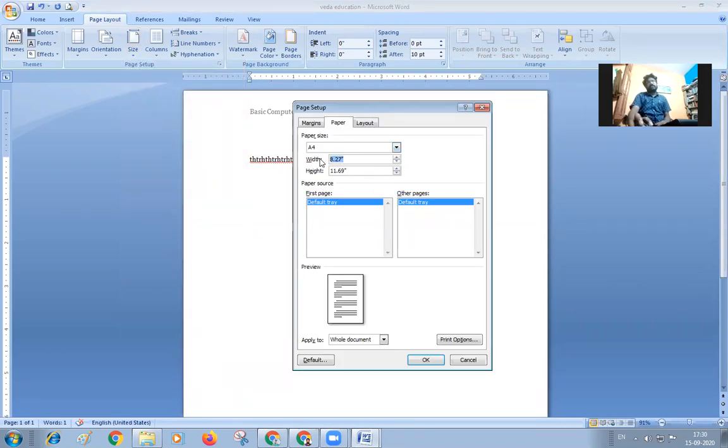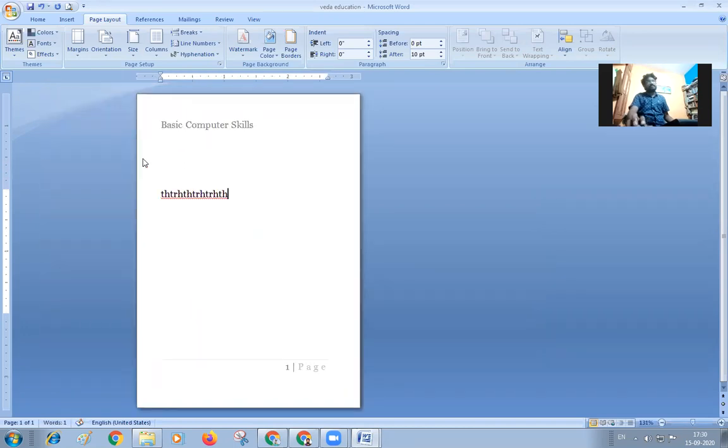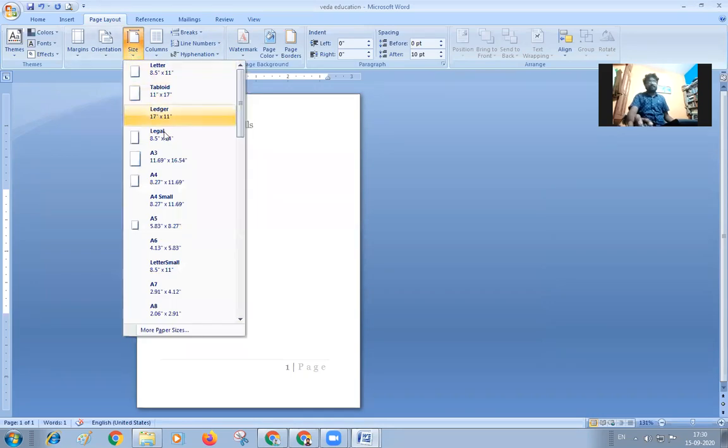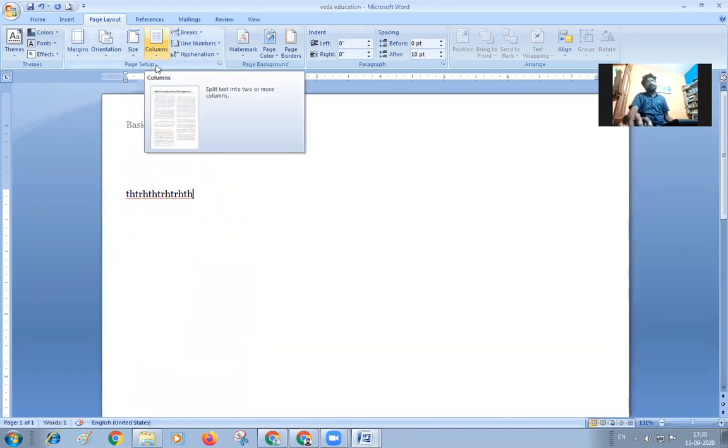You can give your own size here, width 3.5 and height 5. Then see, the page looks like this. Again the header is 1.5 and there are the page margins, so I could see only a smaller area here. Then I can reduce it and see the page like this. It's the default size of my own made paper. I have designed my own paper in my own style. Then I can go back to the A4 size by selecting the size.